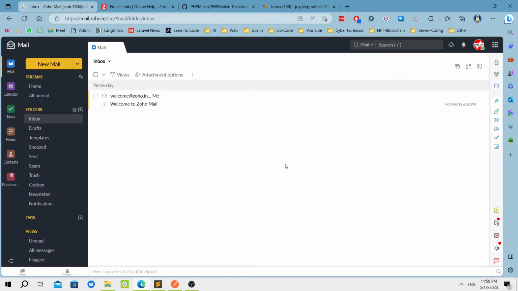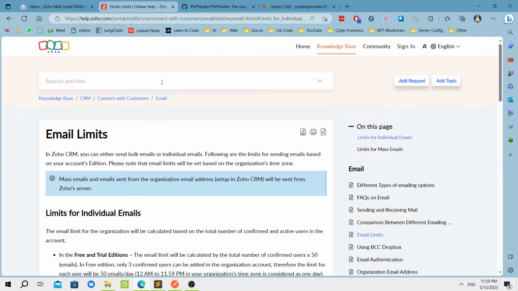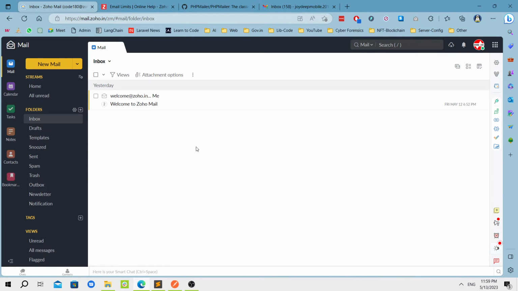So today we are going to learn how to use the Zoho mail SMTP servers using PHP using Laravel. Okay, so this is quite interesting because Zoho email has a free SMTP server. Obviously it has a limit, but I will come to that in a later part. But you can send emails from the Zoho SMTP server, and it's free for at least quite a good amount